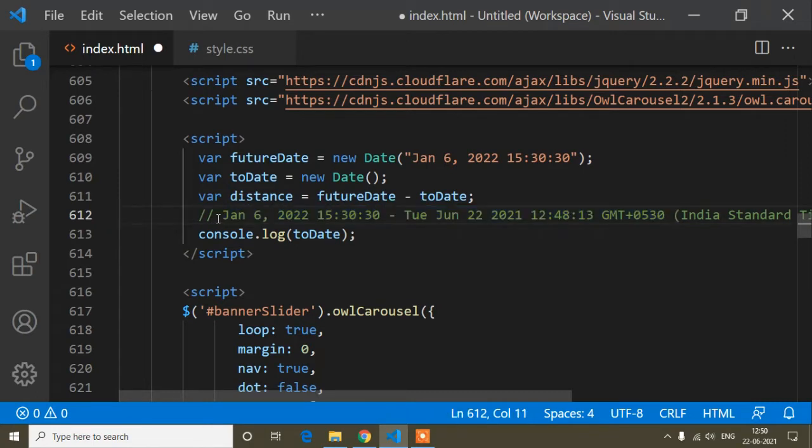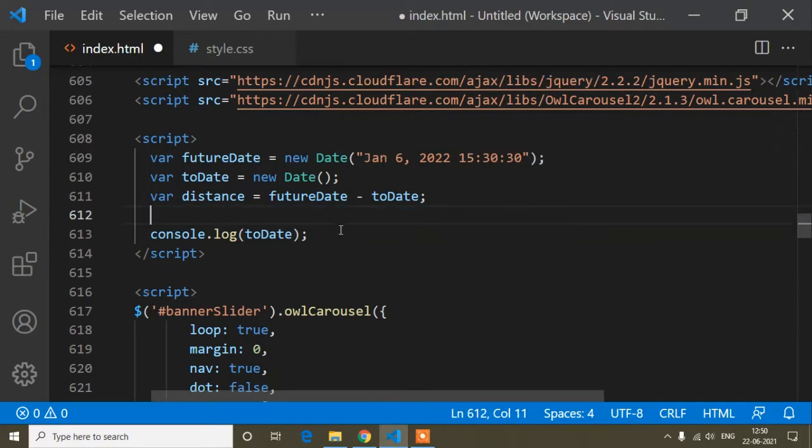So for that, this future date and today's date, I have to convert into a number. How can I do that? I have to convert into milliseconds. Milliseconds is a number. Okay, seconds is a number, you can see I have added 30 seconds. So these are numbers. So that means I will get a number. I mean if I convert this future date into milliseconds, I will get a number, and also if I convert today's date into milliseconds, I will get a number also. So I have to convert all the dates into milliseconds. How can I do that?